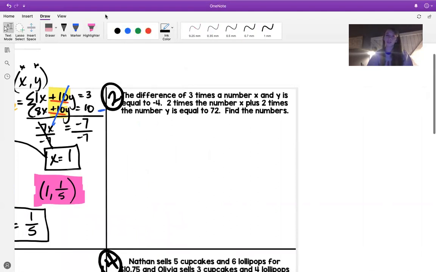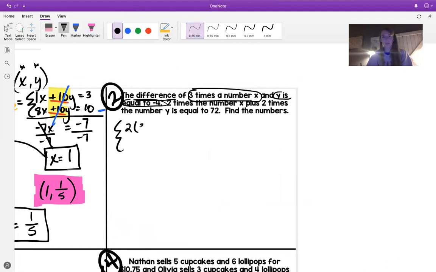Next, this one gives it to us in word form first and wants us to write out the equations. All right, so we have the difference of 3 times the number x, and y is equal to -4. Okay, so we have 2 times 3x plus y equals -4. And then we have